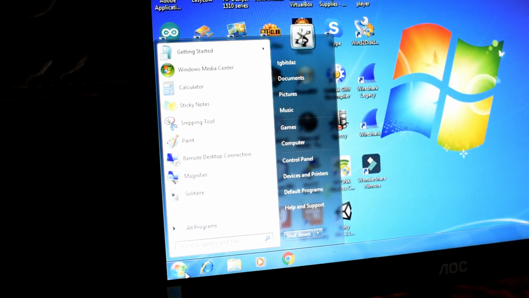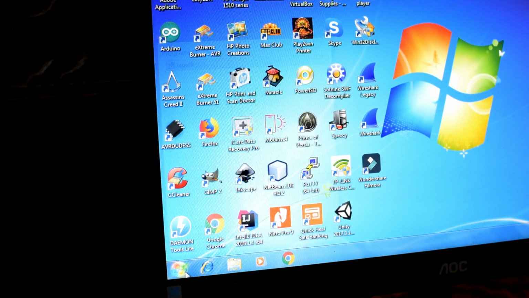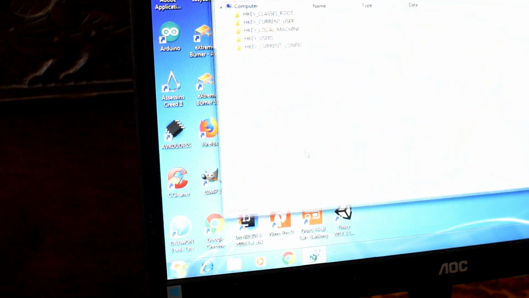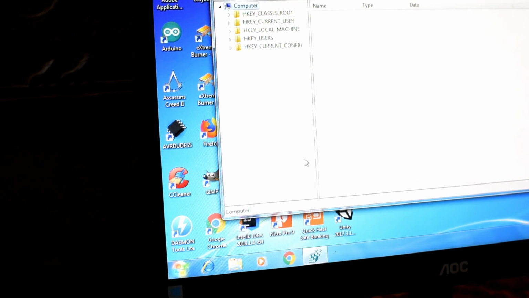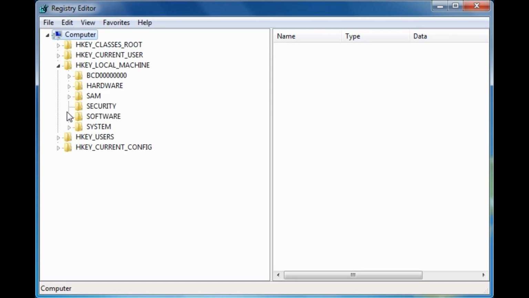After logging in to the account, go to the Start menu and open Regedit as an administrator. If you are in safe mode, it will be administrator by default. Press Yes. The Registry Editor is open. Now go to HKEY_LOCAL_MACHINE, Software,